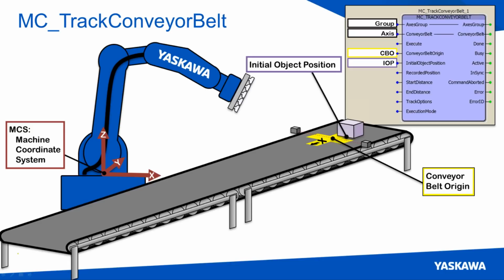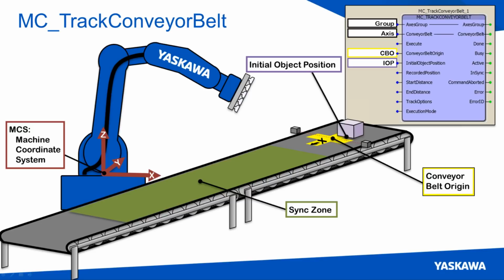If you had a vision system, then it may create its own initial object position. What we have found doing our vision systems is that we can put in an offset to the conveyor belt origin, and it will automatically give us initial object positions for whatever the vision system detects. The next thing we're going to need to define in conveyor tracking is the area where we want